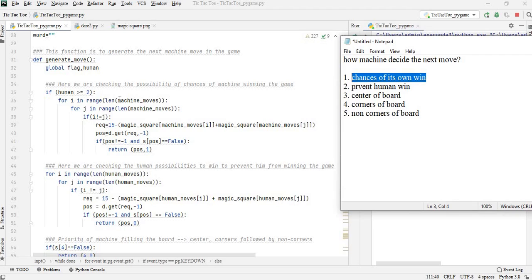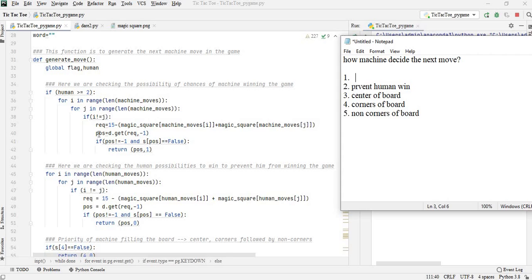Here we are checking the possibility of the machine winning the game. From all the machine moves which are already generated, we are getting the combinations. In the earlier video I said we need to subtract the sum of the magic square values at those positions from 15 so that we will get the required position to win.